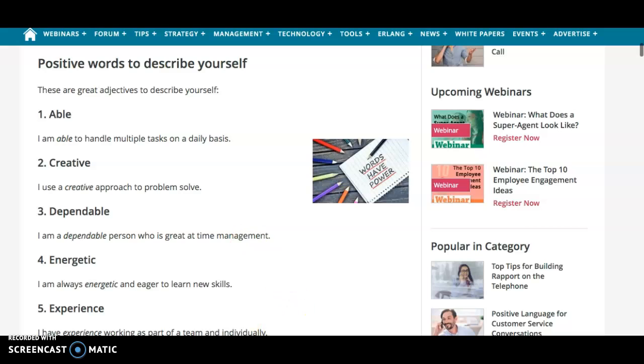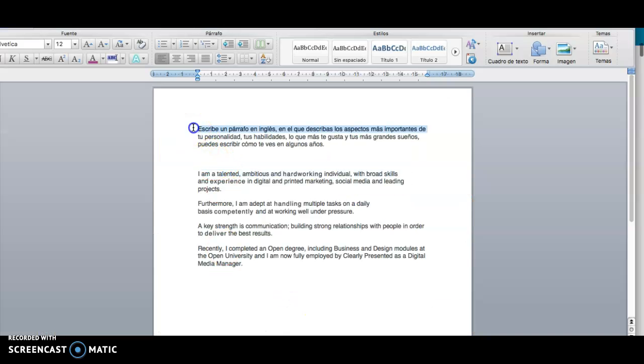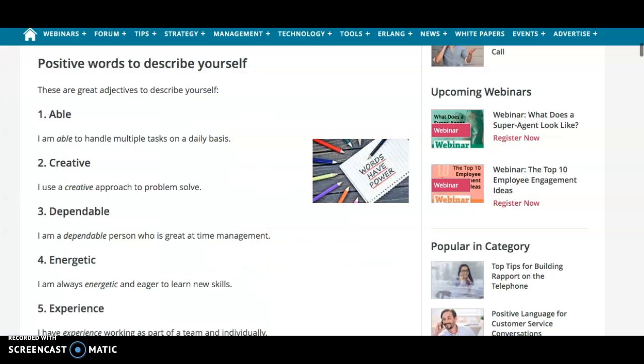So first of all, I want you to know that what you are supposed to write is a paragraph in English, of course, in which you describe the most important aspects of your personality, your skills, what you like the most, and maybe your biggest dreams. You can also write about how you can see yourself in a few years. Okay, so I have an example here, but before showing you the example, I'm going to show you this website